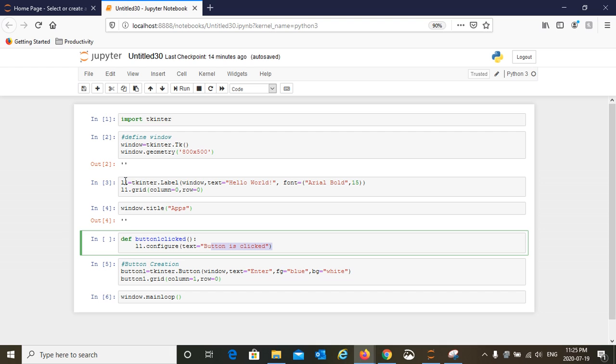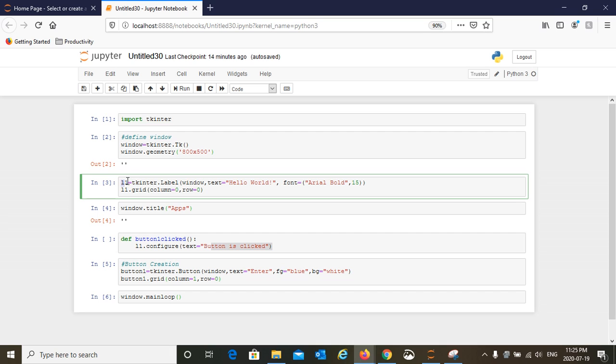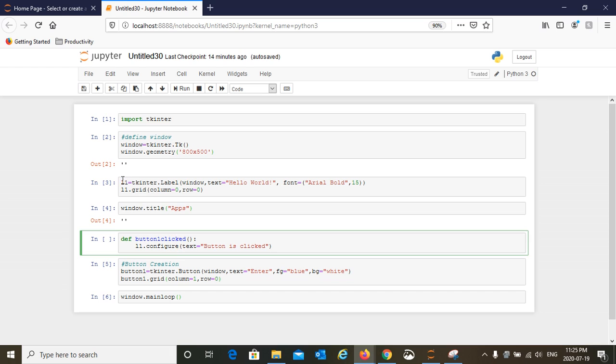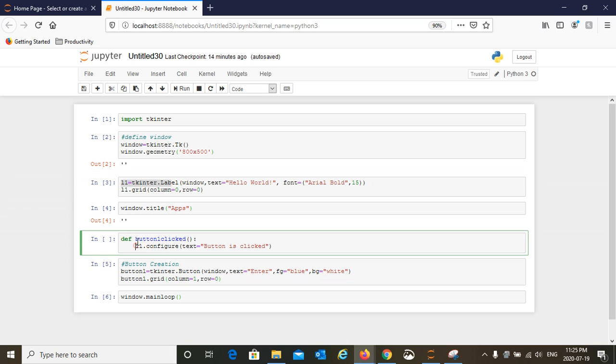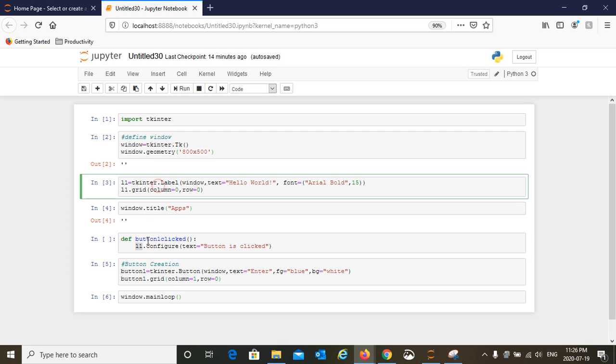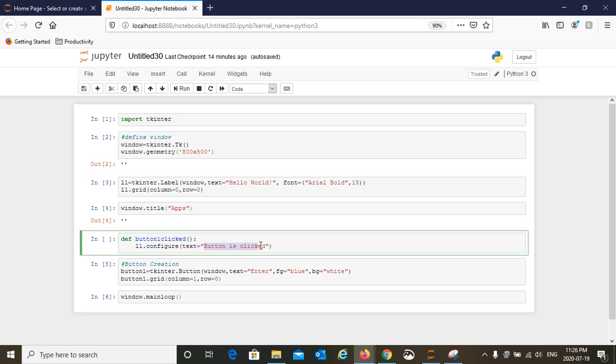So here on the same L1, L1 is a label here, right? Same label. In this function we are saying that the label, like we said L1.configure, right? The text of that label will change to button is clicked.